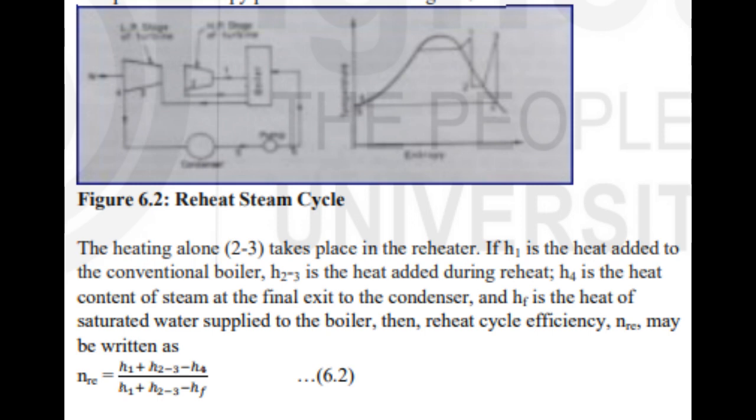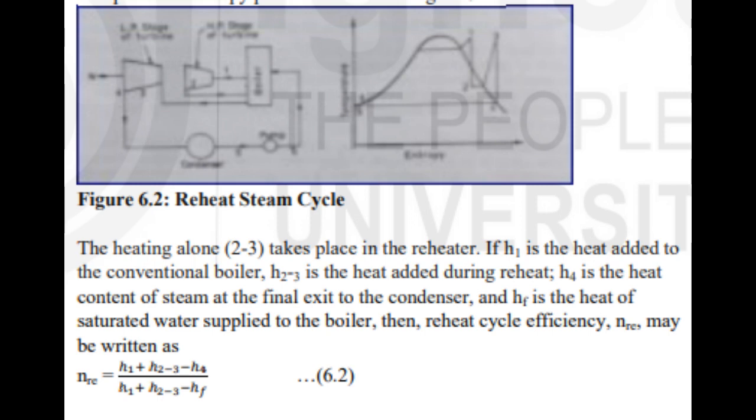The schematic arrangement of reheat cycle and its representation on temperature entropy plane are shown in Figure 6.2. Look at the screen. Figure 6.2. Reheat steam cycle. The heating alone, 2 to 3, takes place in the reheater. If H1 is the heat added to the conventional boiler, H2-3 is the heat added during reheat, H4 is the